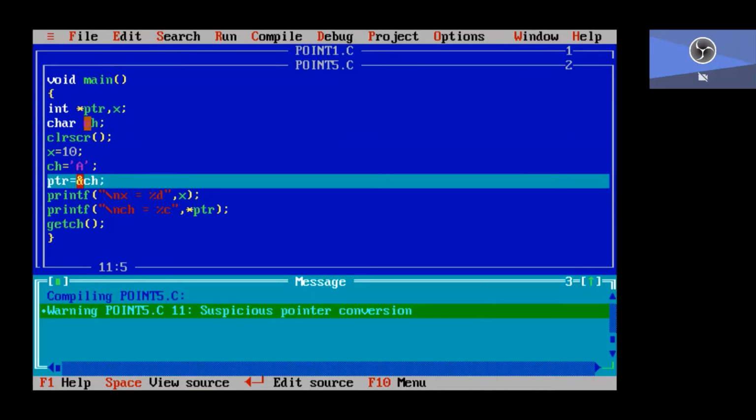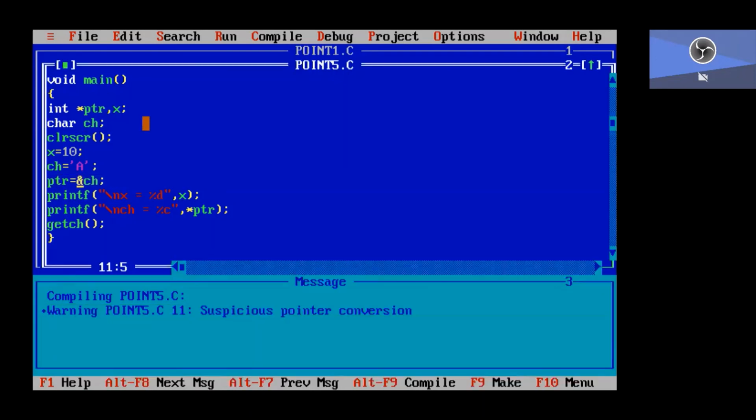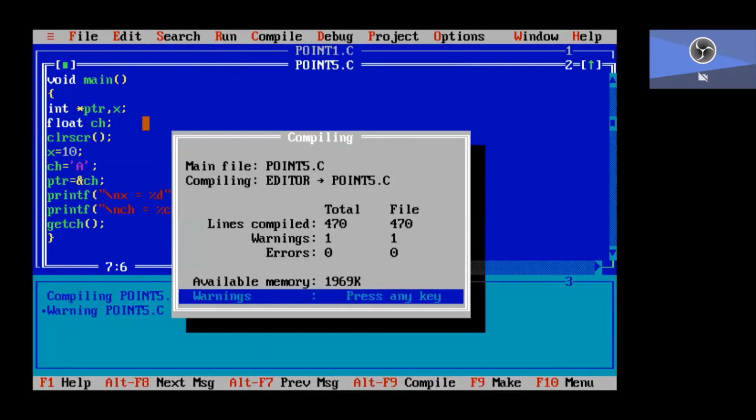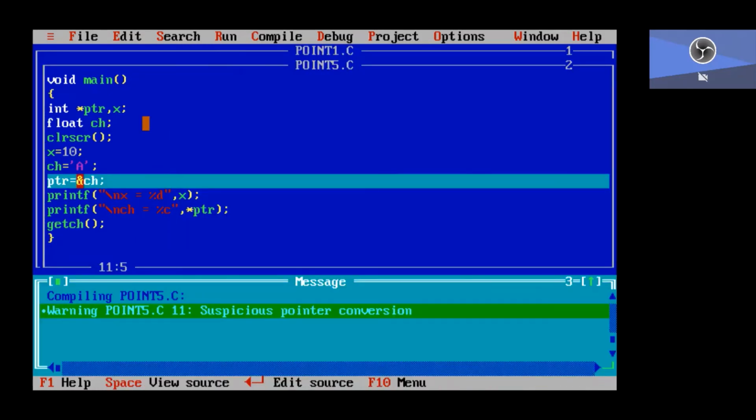Suppose instead of ch, I give a float. Once again we get the same error message.